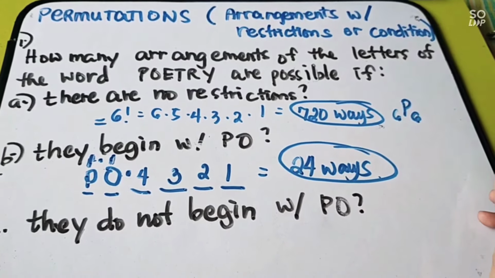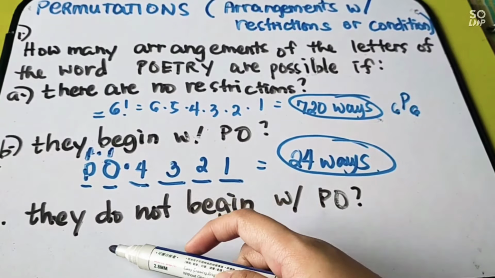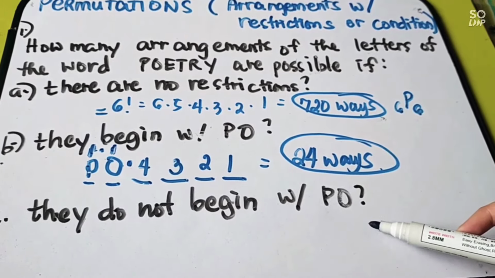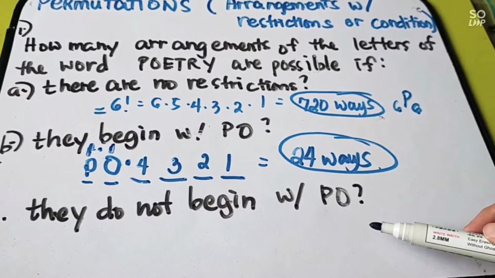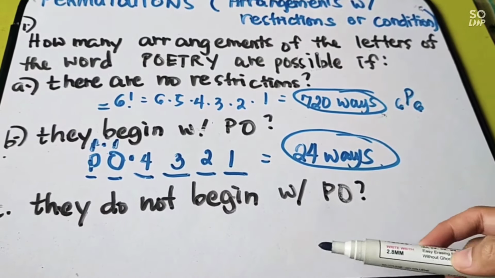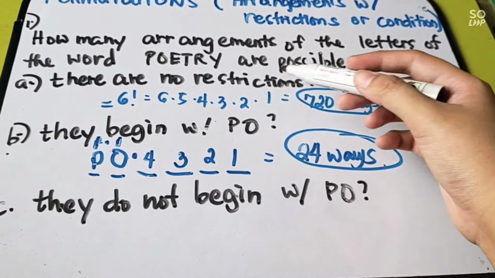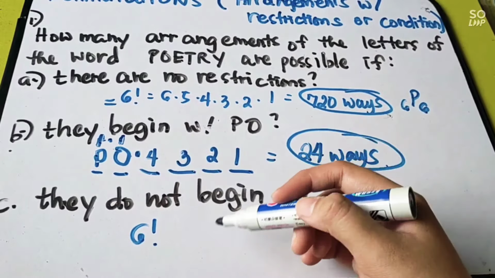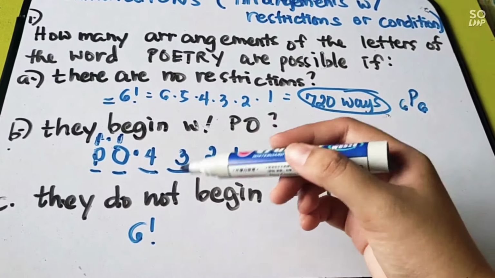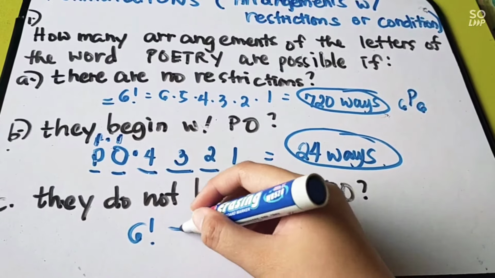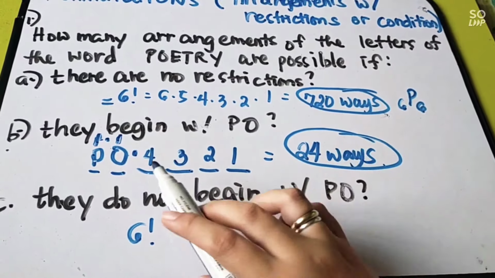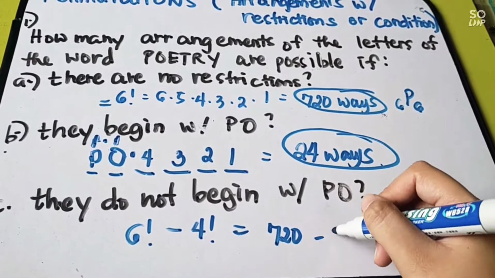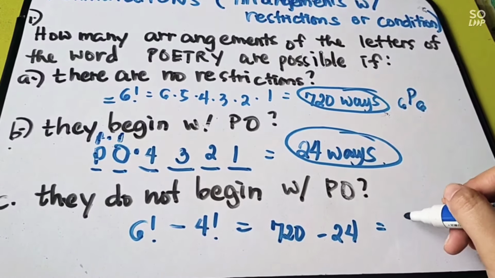Is it clear? Now, ang sabi niya dito, they do not begin with P and O. So, ilan daw yung hindi nagbebegin kay P at saka kay O? So, what you are going to do? Diba kanina, without restriction, kahit ano po pwede. That is it, 6 factorial. Ngayon, yung pangalawa, begin with PO. So, isusubtract natin siya dito sa 6 factorial, which is minus 4 factorial yan. 4 times 3 times 2 times 1. Or simply, we have 720 minus 24. So, the answer is 696